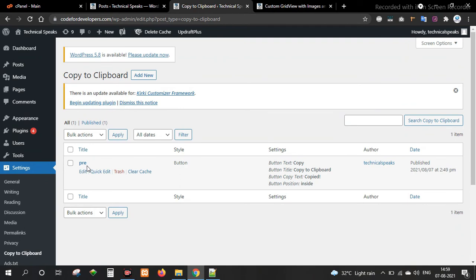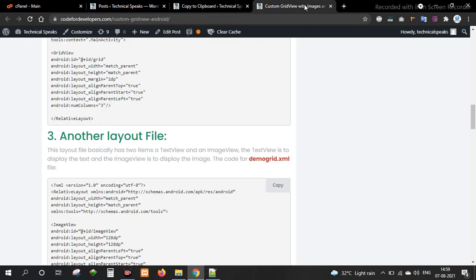If you want to go beyond the pre-tag, you can add more by just adding a selector option. Just like pre, you can add an h1 tag, paragraph tag, button, or anything whatever you require. So install the copy to clipboard plugin and you can achieve the copy to clipboard element.